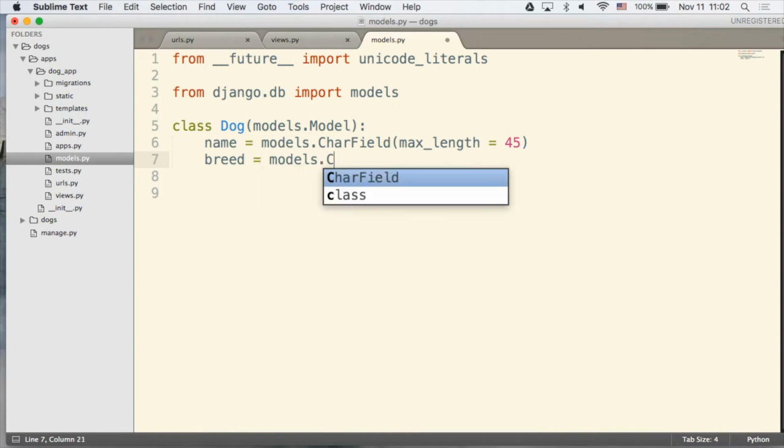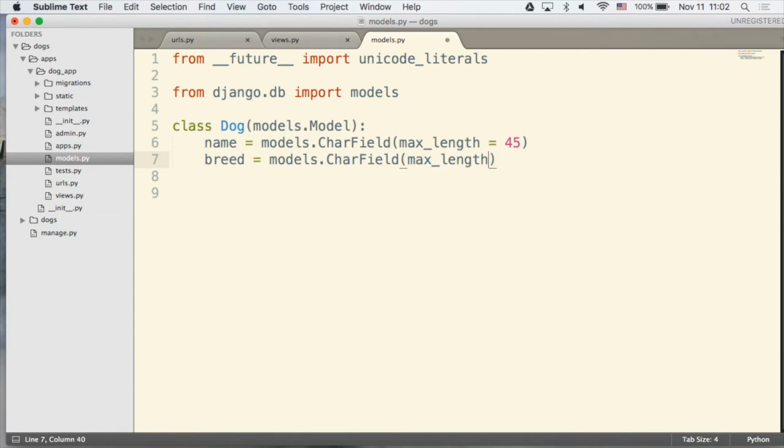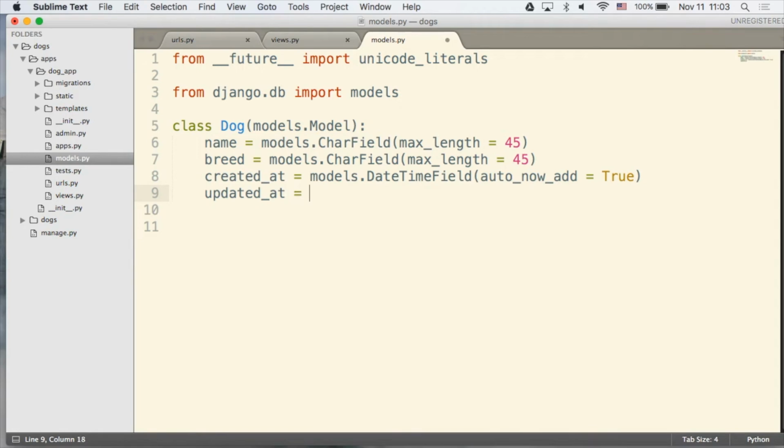Breed models car field max length equals, we'll just do 45 too. Alright, let's all give them that, and then let's do our created app. And this is a date time field. And now with this one, we're going to pass a special one called auto now add equals true. And I'll tell you about that here once I get the updated at done. This is going to be models date time field auto now